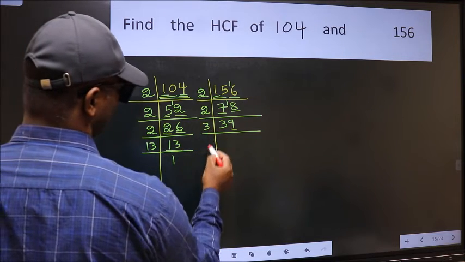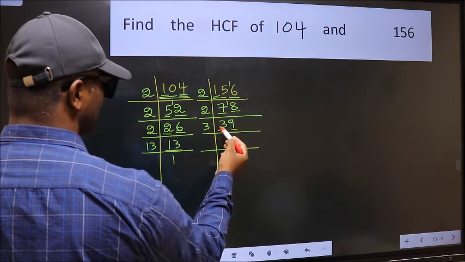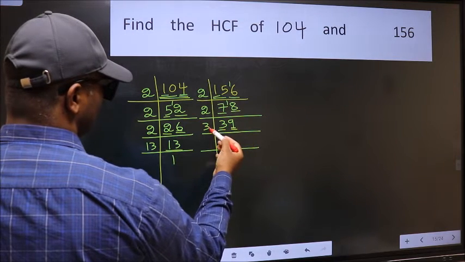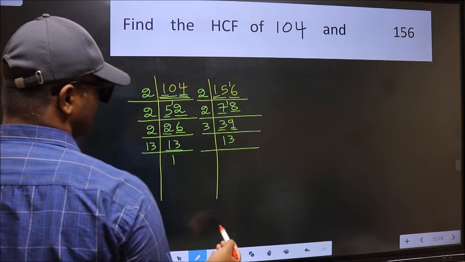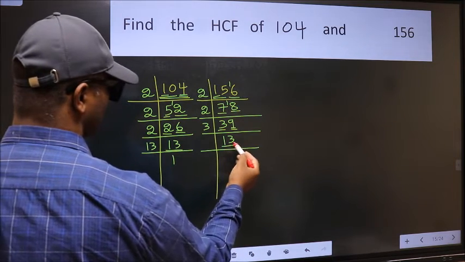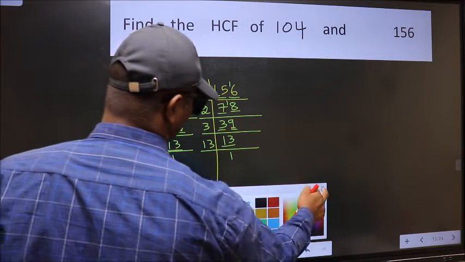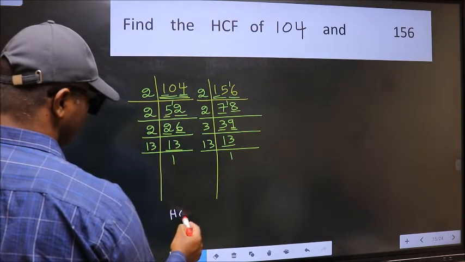So this number also divisible by 3. So take 3. First number 3, when do we get 3 in 3 table? 3 1s 3. The other number 9, when do we get 9 in 3 table? 3 3s 9. Now 13 is a prime number, so 13 1s 13. Therefore, our HCF is